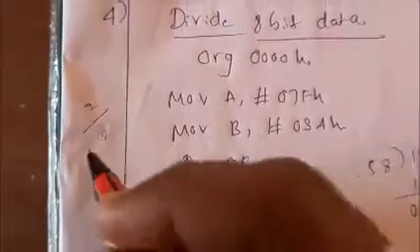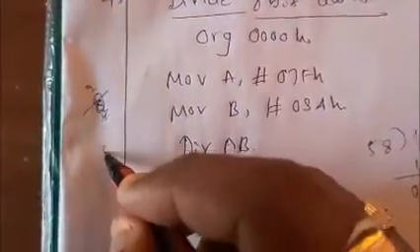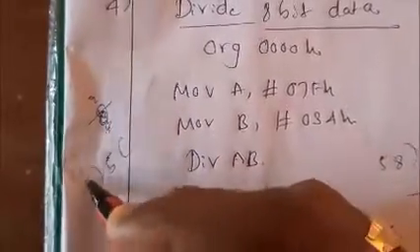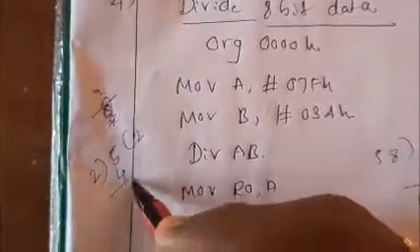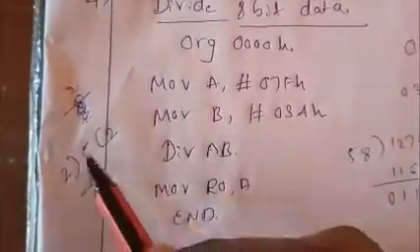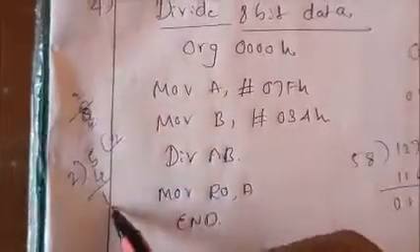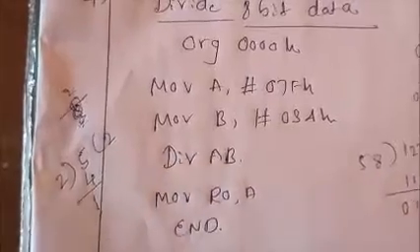Here also I can explain one more thing, in a rough way. If I take 5 divided by 2 here, you will get the quotient 2 and the remainder 1. Is it clear? This is a simple example. 5 divided by 2, here I will get the quotient 2, and 1 is the remainder. Is it clear?